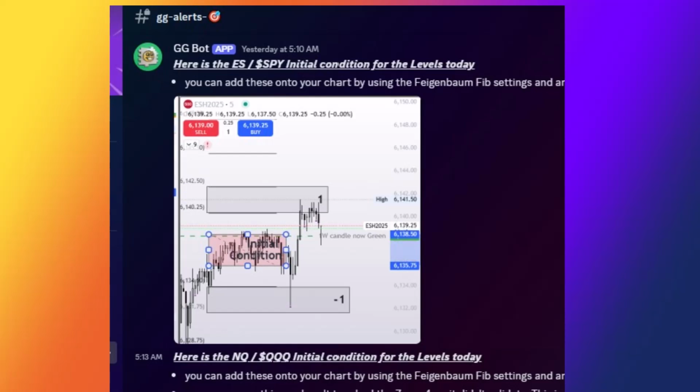Hi, I'm going to go over what I think that I plotted incorrectly on Friday's trading. I plotted an initial condition that really didn't work well because it got to my very extreme zones very fast with the downtrend on Friday and got beyond the most extended zone, and then it became very unclear where price